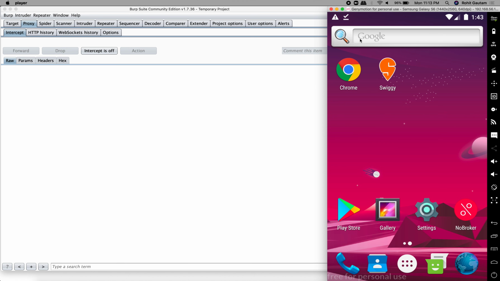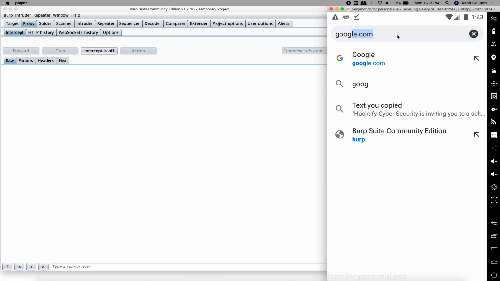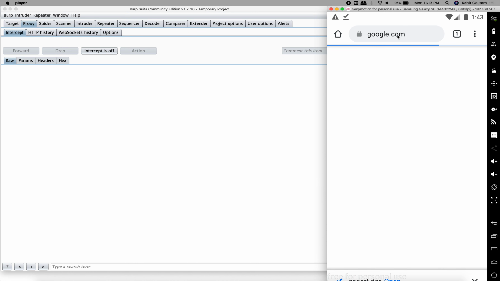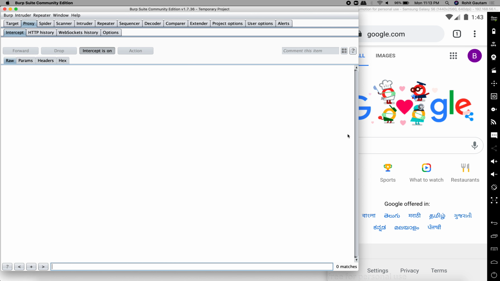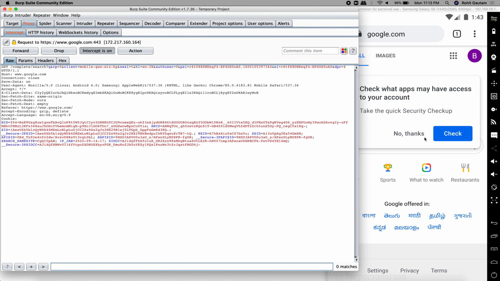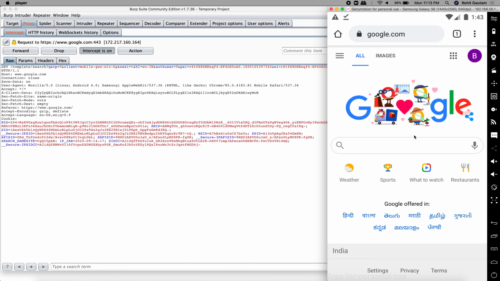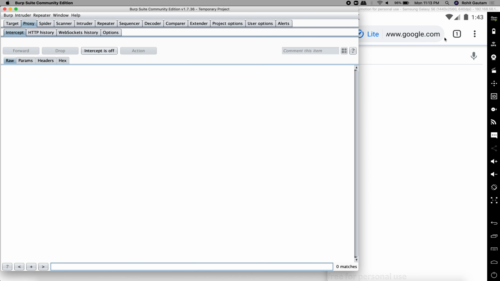When we are doing web application pen testing, at that time we configure our browsers, right? And it works perfectly fine. So let's see if we have configured our browser correctly and we are able to open google.com or not. And you can see we are able to open this. Now, just to show that we are able to also intercept, you can see I have got a request to intercept as well. So this works perfectly fine. Now we have done this.